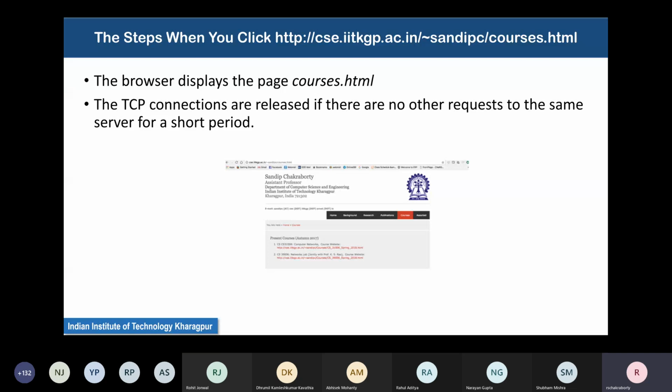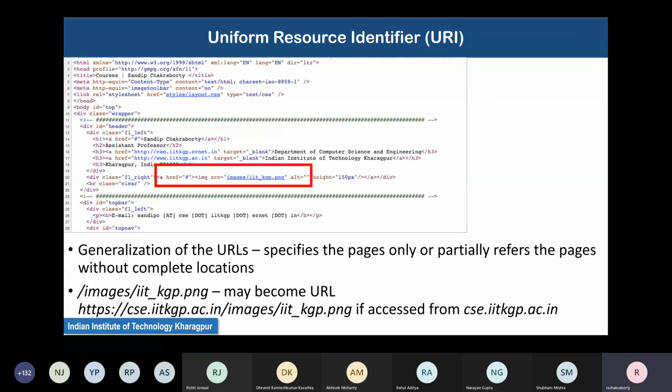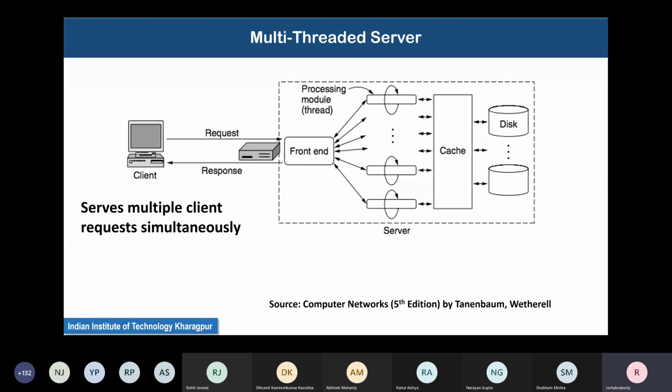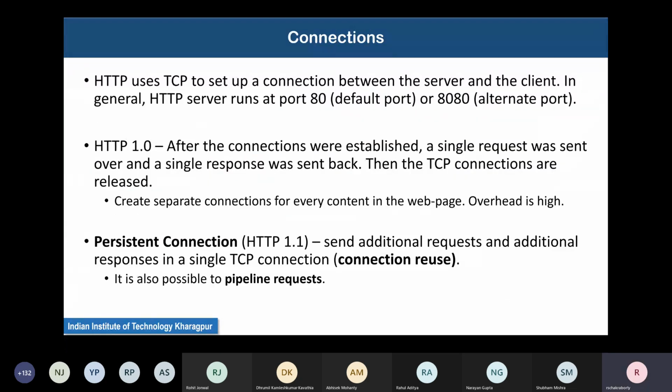Okay. Now, what happens when the browser displays the page courses.html? The TCP connections are usually released if there are no other requests to the same server for a short time. This is fine, but there was one problem. So how the connections behave is important to understand. HTTP uses TCP to set up a connection to the server, and the HTTP server runs at port 80, listening to different incoming connection requests, or port 8080 also sometimes, as an alternate.